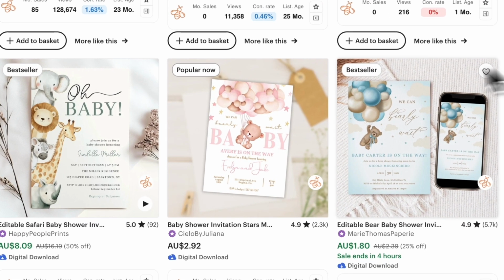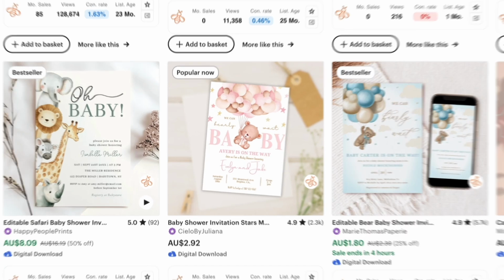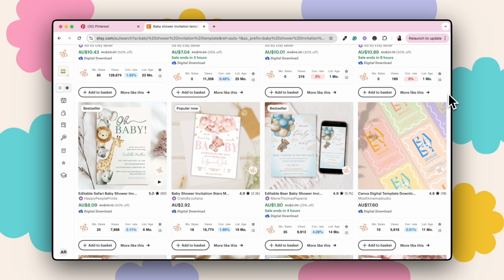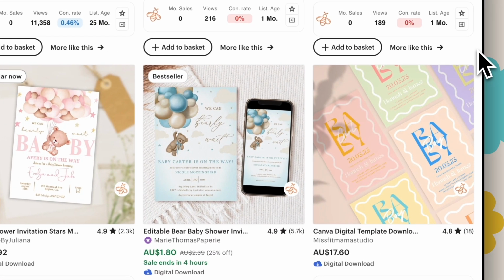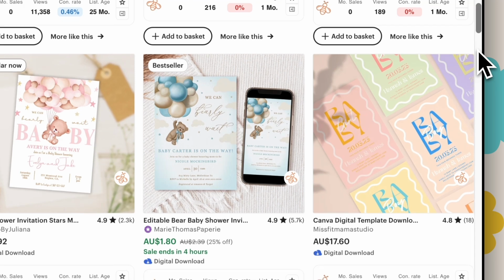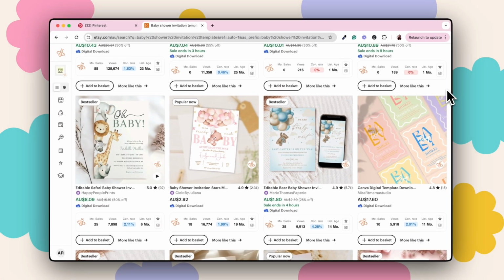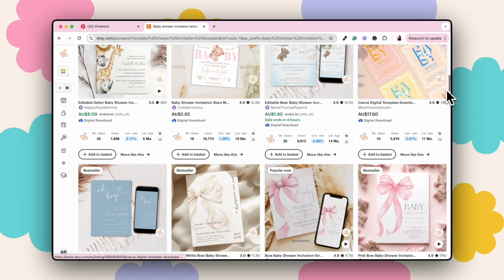So we can see here we've got these kind of watercolor effects with the clip art. We've got safari animal clip art that's quite popular. Again, we're seeing this kind of ribbon border design with bold colors in pastel, and very up and coming trending fonts as well. So that's another thing you want to look at, is what kind of fonts are they